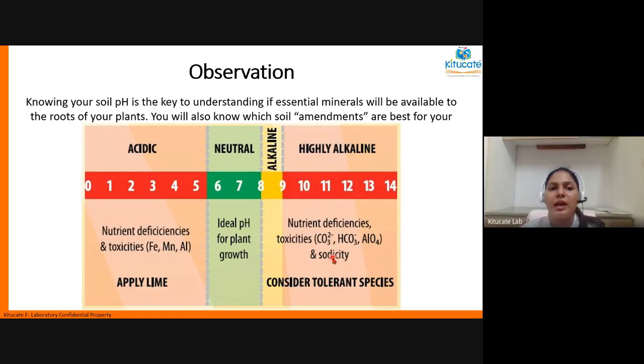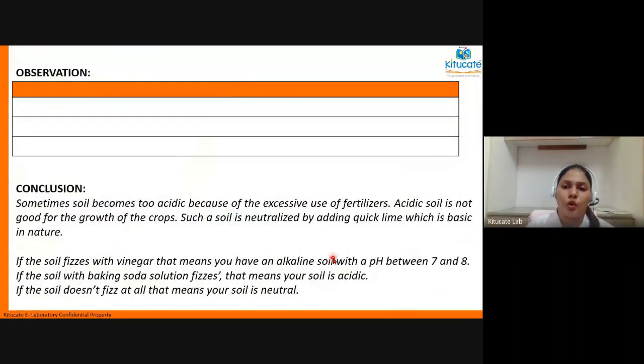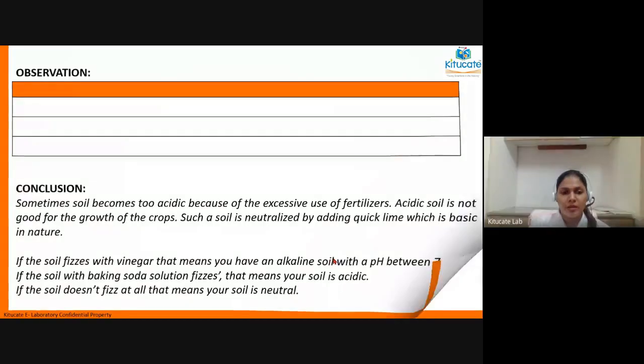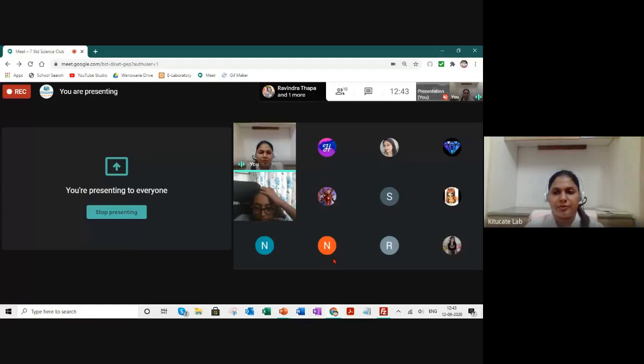So if you have, for example, a helper in your house who has a farm, you can educate them with your knowledge of how soil can be tested, whether it is acid or a base, and how it will help them in deciding what crops to grow. All right, so with that, we come to the end of this chapter.